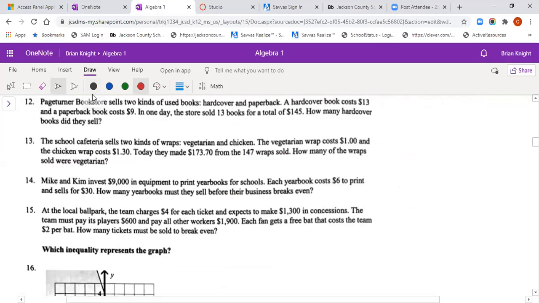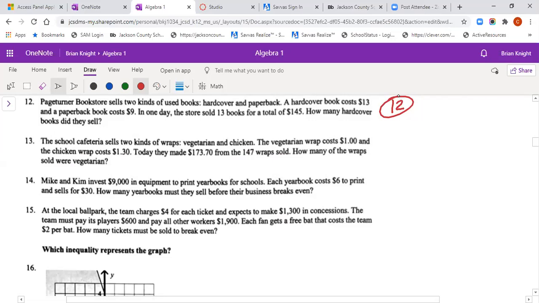So number 12. I'll put it over here. Again, half of the battle is figuring out what your 2 variables are here. Page Turner Bookstore sells how many kinds of books? 2. That's probably your 2 variables. They sell hardcover and paperback. A hardcover book costs $13 and a paperback book costs $9. In one day, the store sold 13 books for a total of 145. How many hardcover books did they